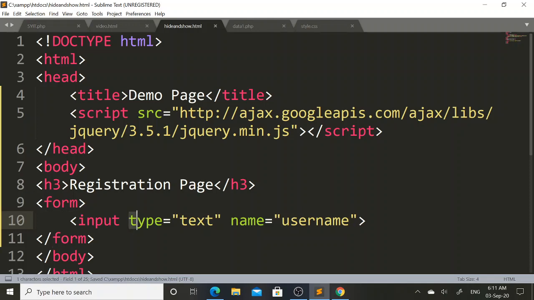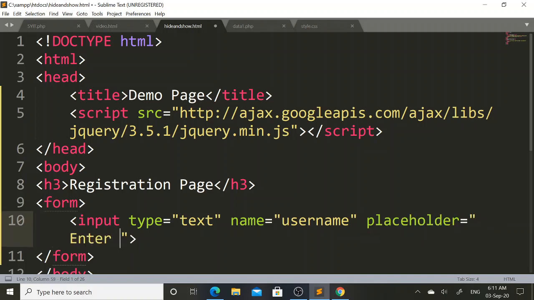Therefore in type attribute I have mentioned text as a type, and in name I have mentioned username. Again I will include placeholder and I will pass a message enter username.